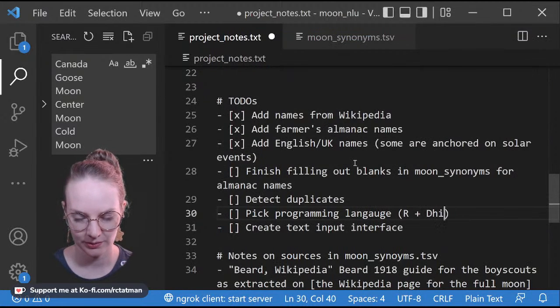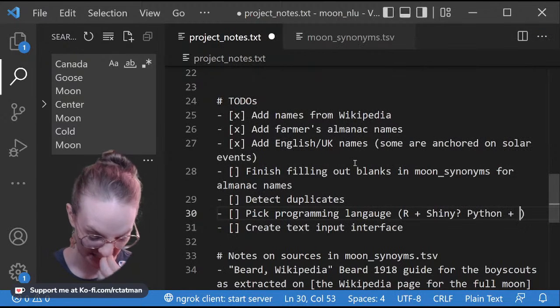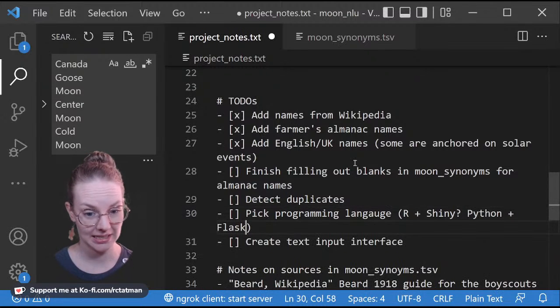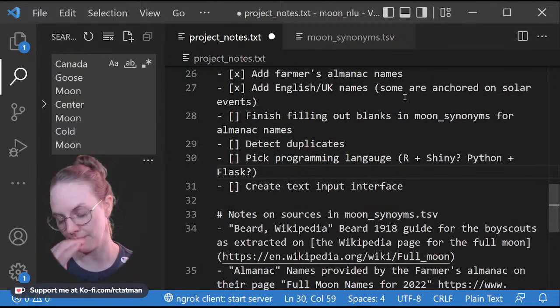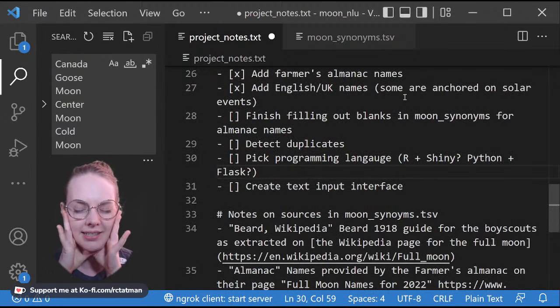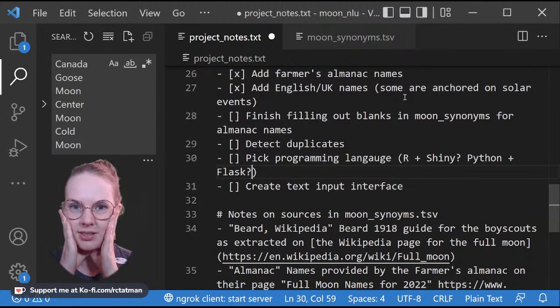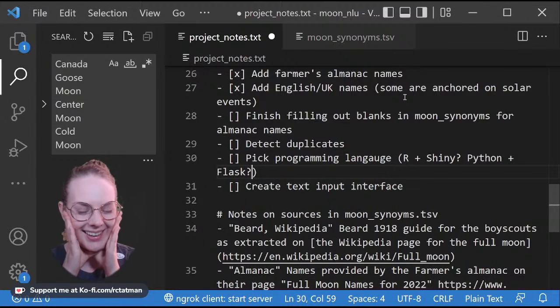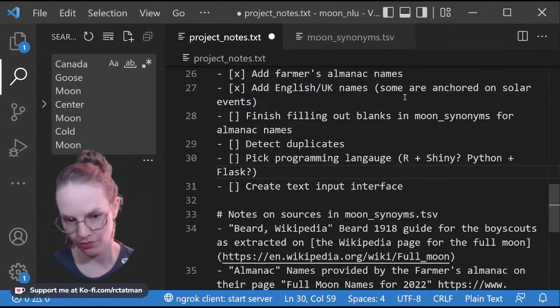So my options there might be R plus Shiny, Python plus, I don't know, Flask. I don't know, what would y'all use for something super light? My ideal user experience is I open a browser, I type in an address, and at the address there's a little text input box. I put text into the input box, I hit enter, and I get a date back with maybe a warning. That's what I'm looking for.